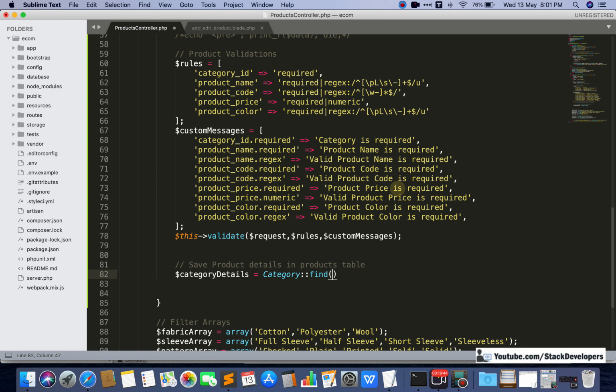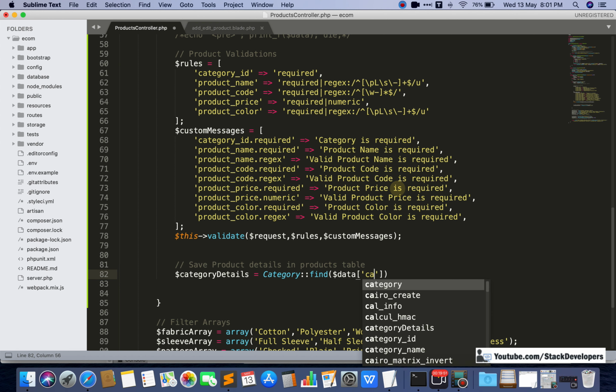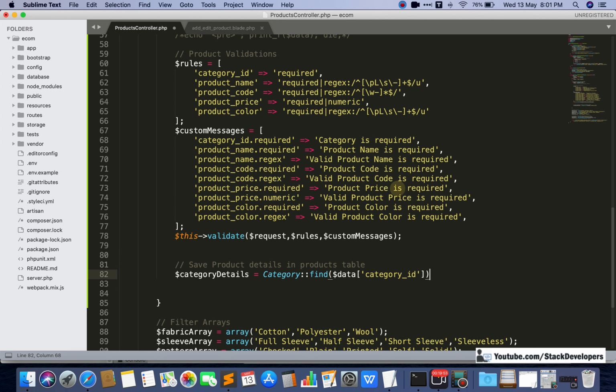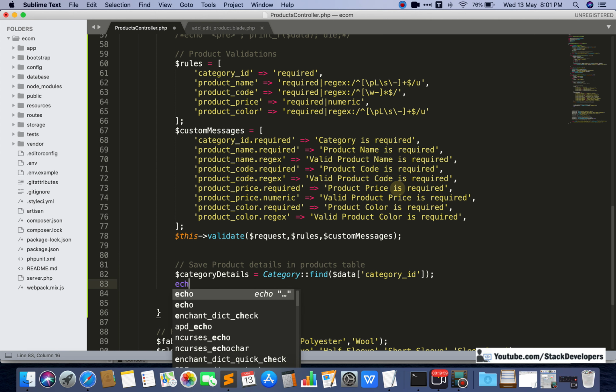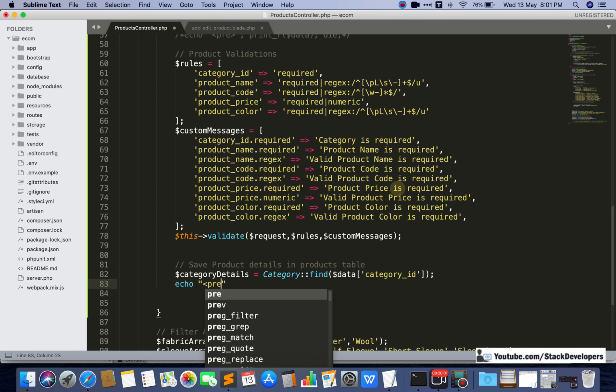Like this. So we have the category id in data; the category id is filled by the user, selected by the user. See here, now it will show the category details. Now the complete category details will come up here.